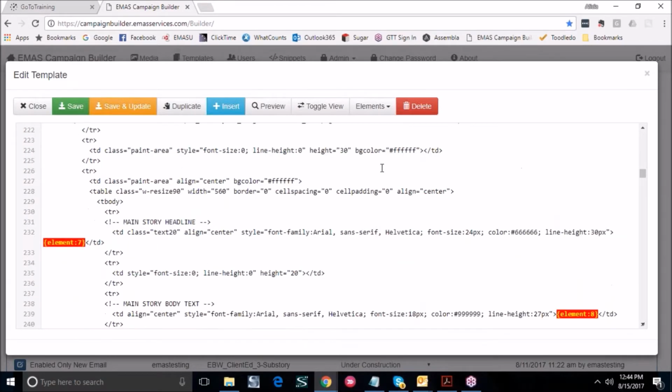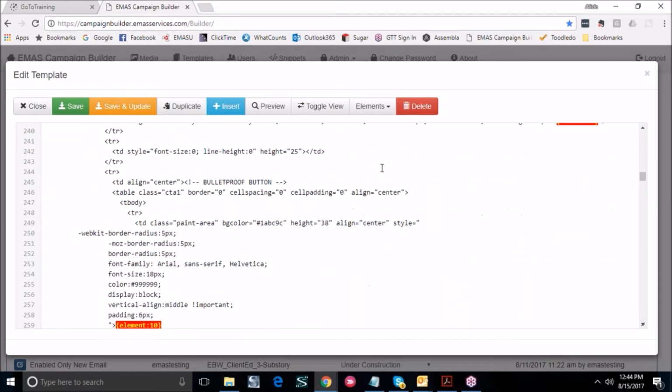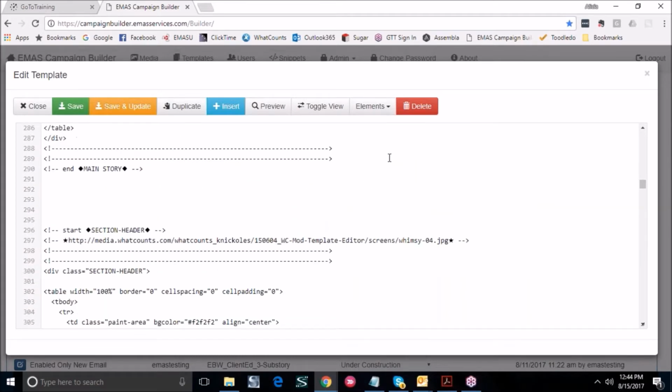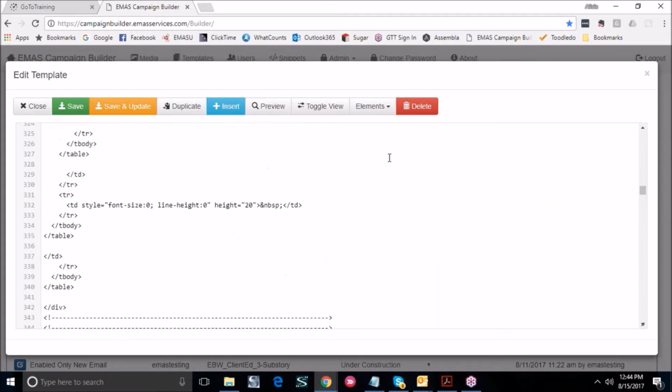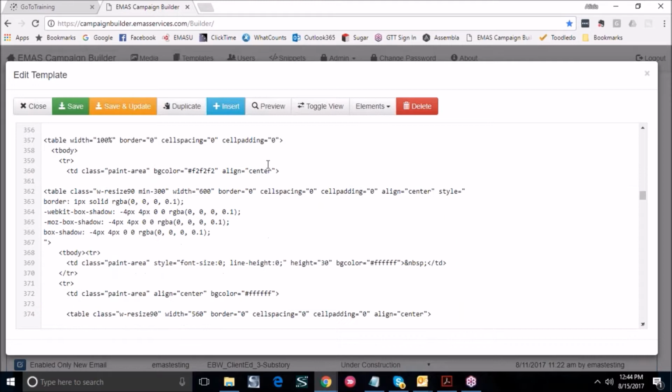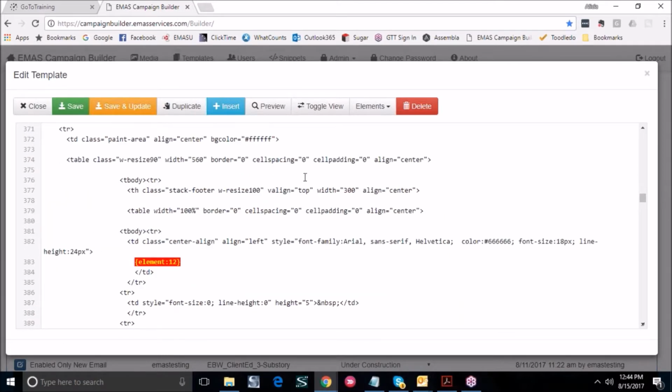Okay, there's the main story. And the section header. Okay, here we are at substory 1. So this comment tells you that this is the beginning of that substory 1 section. If we scroll down a little bit through that substory 1 code